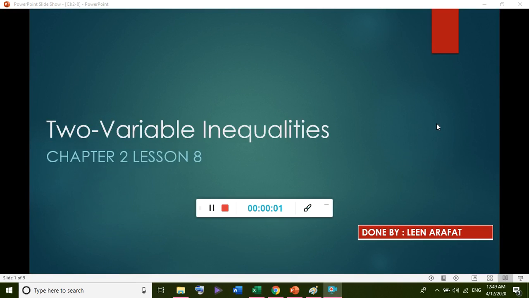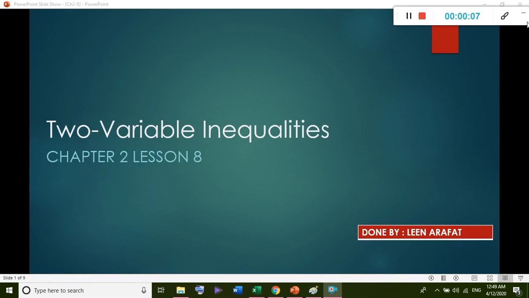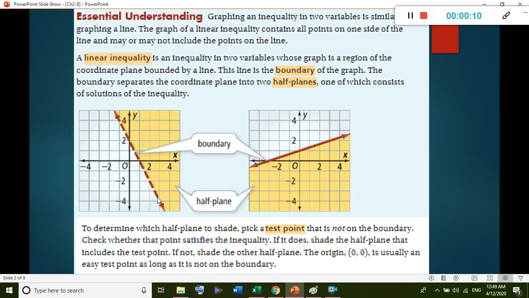Good morning, everyone. Today we're going to start with lesson 8 of chapter 2, which talks about two variable inequalities. In this lesson we're going to graph a linear inequality that has two variables. A linear inequality is an inequality in two variables whose graph is a region of the coordinate plane bounded